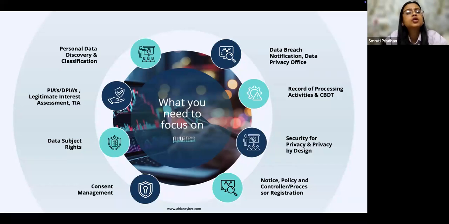And you also need to have a privacy policy for your organization, which is an internal process, telling your employees what the organization's privacy framework is, how they need to protect the personal data of the individuals that is coming within the organization. So typically, you have these many requirements coming up for an organization. And if you look at the law holistically as well, if you start with these requirements, you are making sure that you are reaching a certain level of maturity.